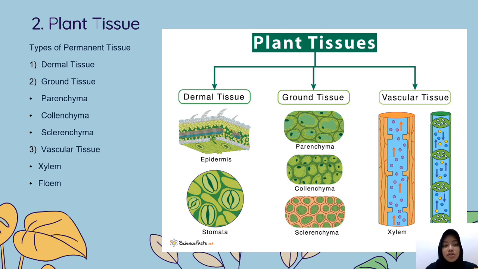The periderm functions as the plant's first line of defense, protecting it from injury, dehydration, fire, and pathogens. And then the second, ground tissue. Ground tissue comprises much of the interior of a plant and helps in metabolism, storage, and support. Depending on the location and function, ground tissue is made of three cell types: parenchyma, collenchyma, and sclerenchyma.